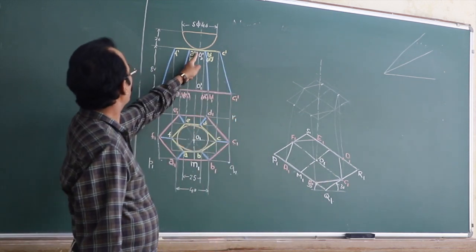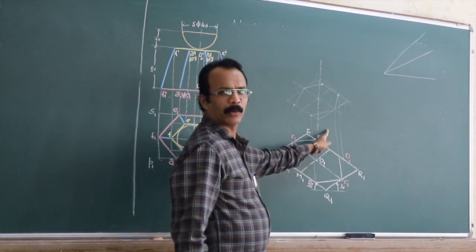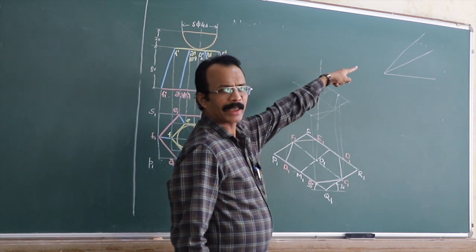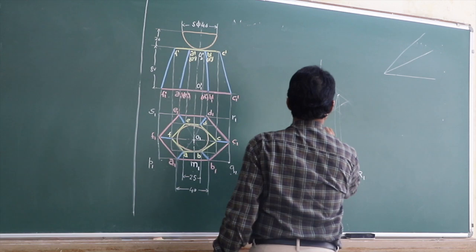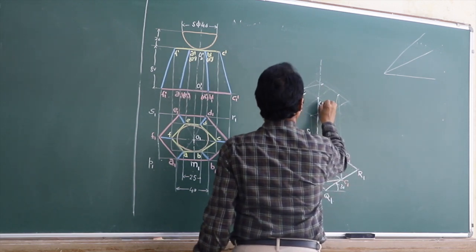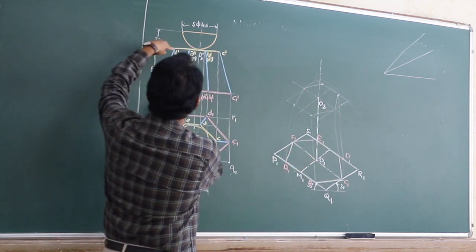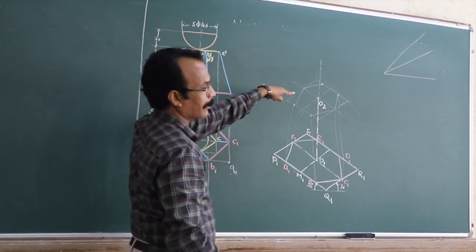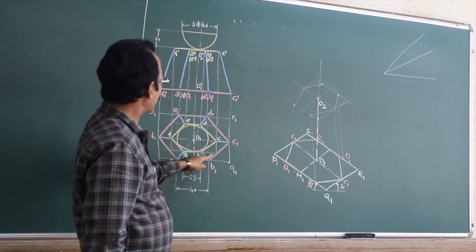Now O1 O2 is 80 mm, it is vertical. So vertical will remain vertical. So you go to the isometric scale, get its length, come and draw it here. So here I got the O2. So what is this distance? O1 O2 is iso 80 mm there. Now please concentrate on how to get this top hexagon.